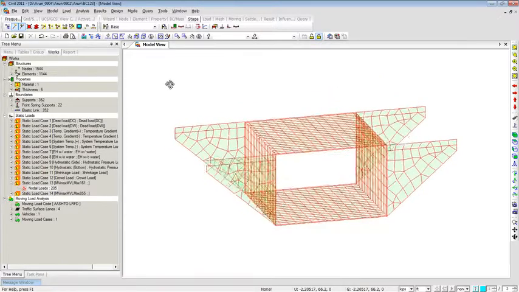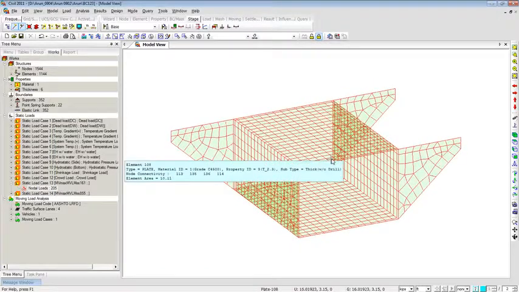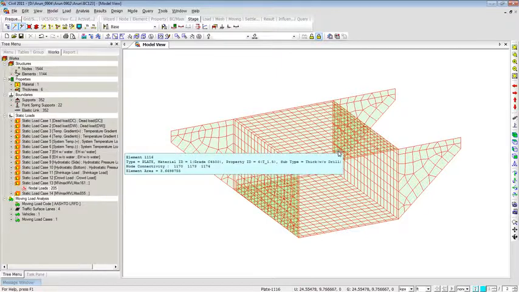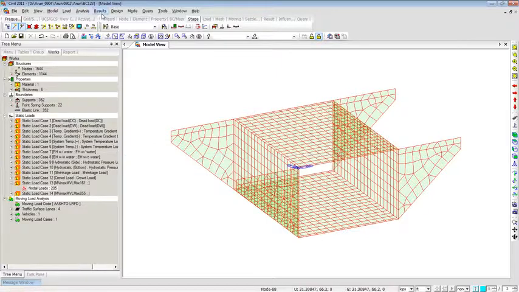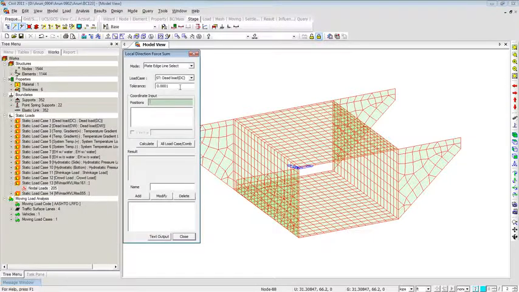Now let's say, you being engineers, and of course we need to design this slab, so we want the equivalent forces. We don't care about the forces per unit foot or stress values that are out there. We want to extract what forces are there at a particular cross section for me to go ahead and design this member. So for this type of need, we have a feature called local direction force, which is located under result. You can click on this and set the tolerance as 1 here, and you can click on the position,